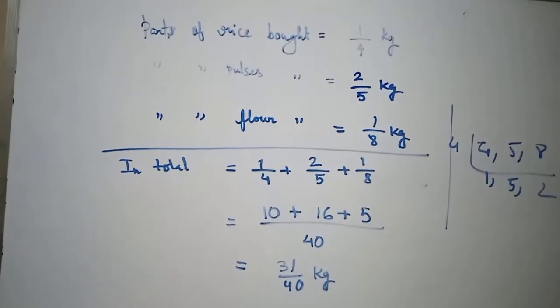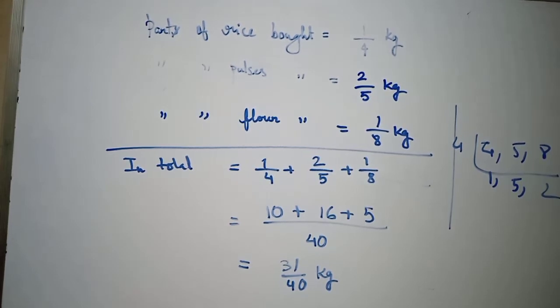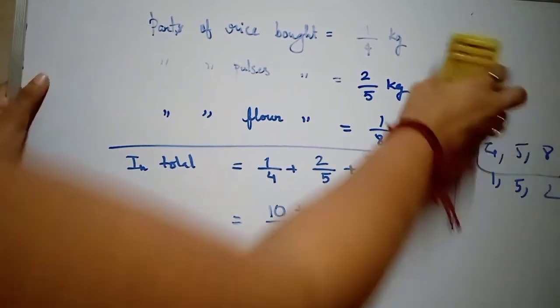Now going to the next page where we have some problem sums, page number 104. So I am doing number 1 here. Father bought 3/4 kilogram of sugar from the market. There was 1/5 kilogram of sugar at home. Mother spent 9/10 kilogram of sugar in a day. At the end of the day, how much sugar is left?